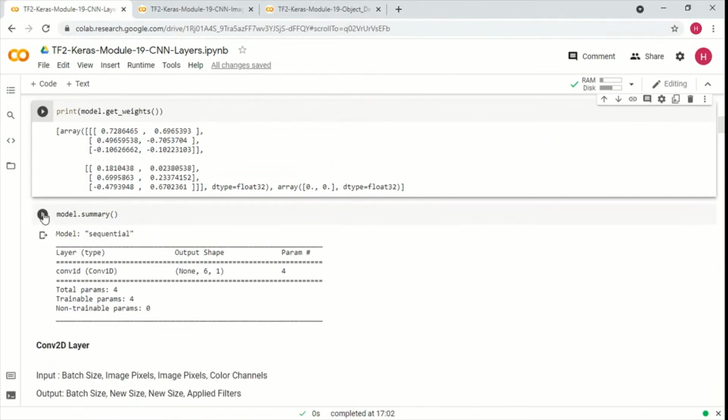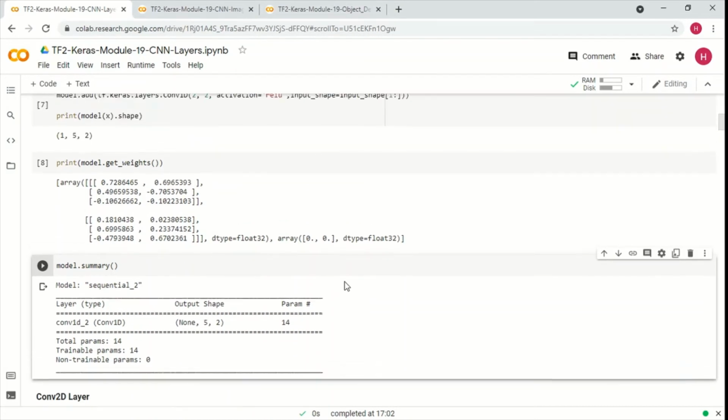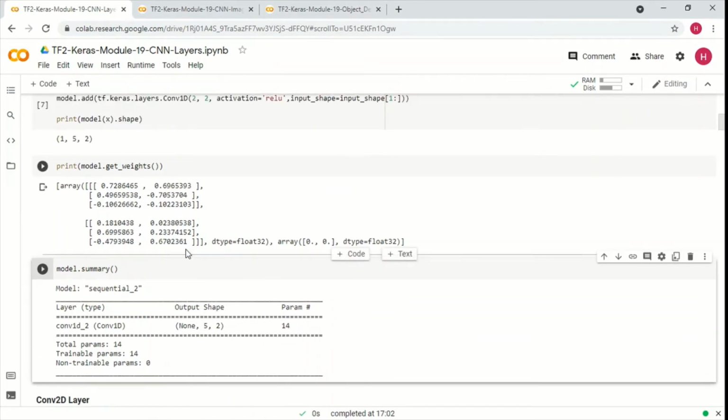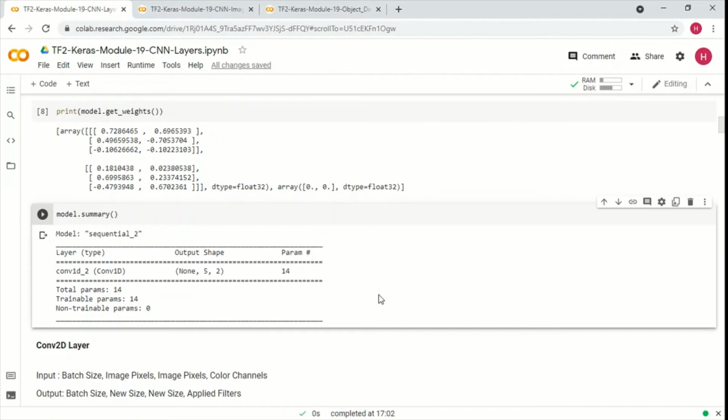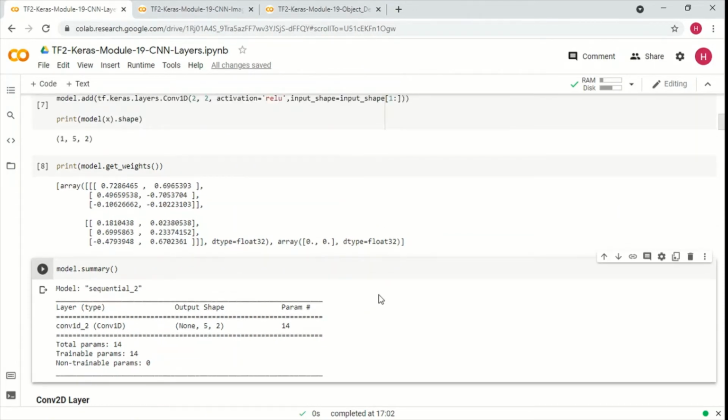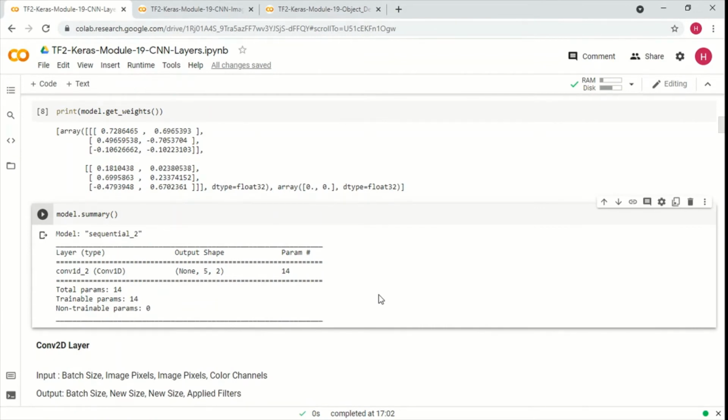So for example, let's also calculate the model summary. Now the number of trainable parameters is 14, and obviously so, this is 6, and this is 6, 12, and 2, 14, right? So that's how you can pretty easily see the number of trainable parameters, or you can also apply the formula that we saw in the presentation, that is input multiplied by filter size multiplied by output plus output, right? So that is a formula that can also be used to calculate the trainable parameters of the convolutional layer, right?